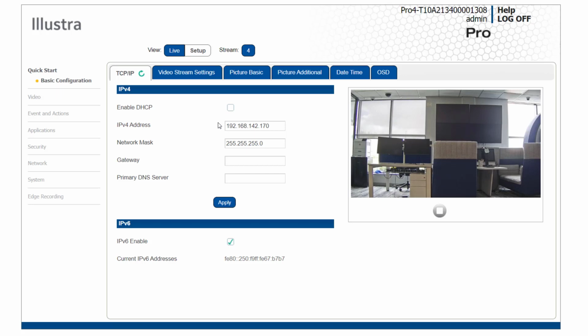for the camera. If you do change the IP address of the camera, it will require a reboot to apply the new IP address. We also have IP version 6 at the bottom, which can be disabled by using the checkbox on screen. Our next tab is the video stream settings, and